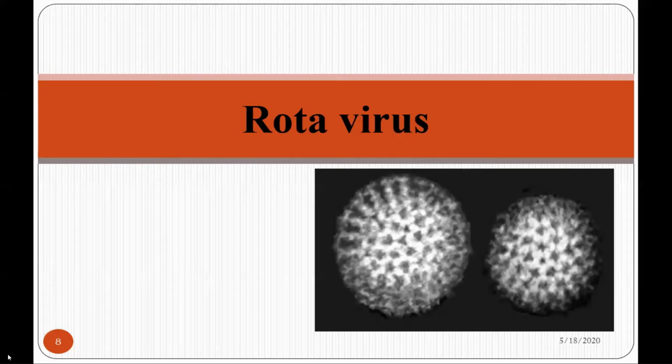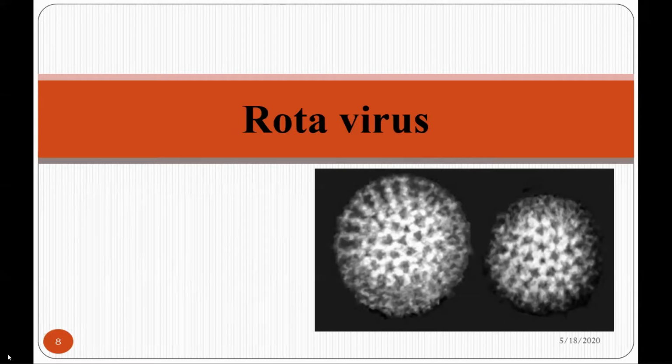Rotaviruses are called rotavirus by scientists because when we observe the morphology or structure of this virus under the electron microscope, we can see a wheel-like structure. On the surface of these viruses, there are viral proteins. These viral proteins appear as spikes penetrating the hub of the wheel-like structure.